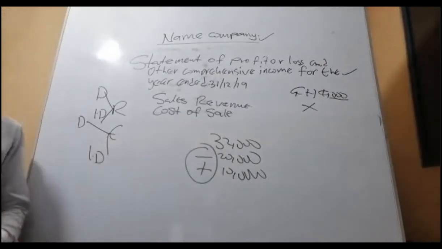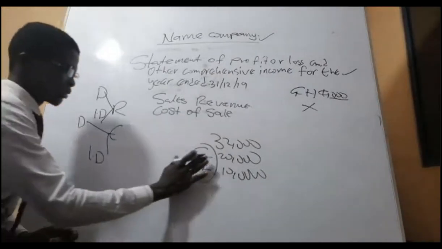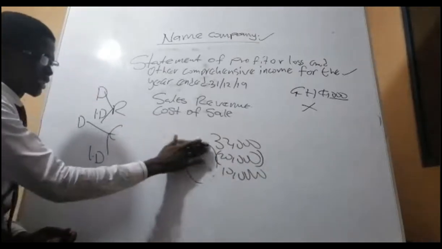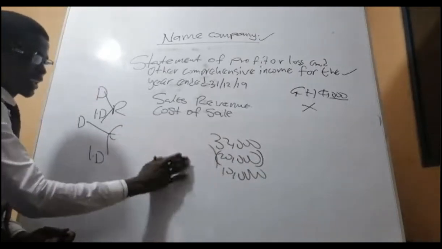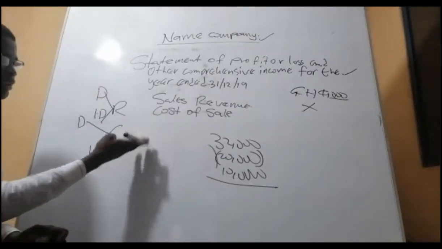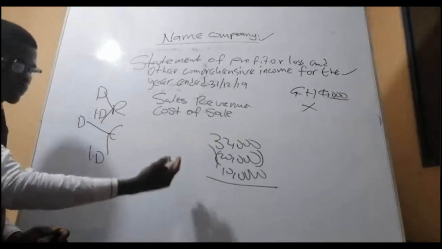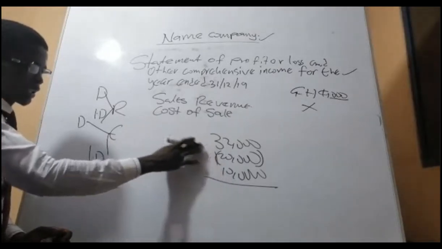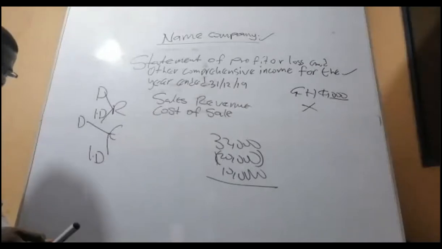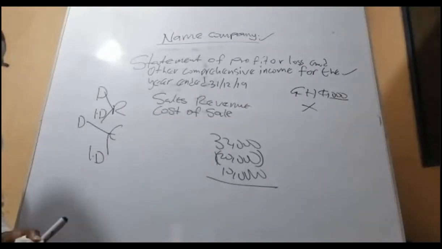We don't want to see this. If you are subtracting, put it in a bracket for us, okay? And we know that we are subtracting. If it's positive, leave it like that. Underline it. Or you can use less. So if you say less, meaning you are subtracting it, good. So something like this. That's how we want our format to look like. How we get it. Good.